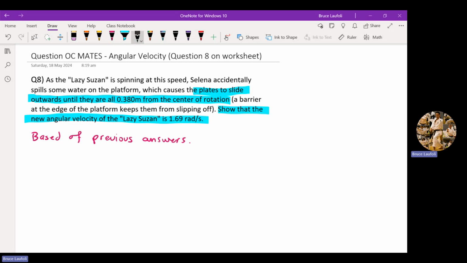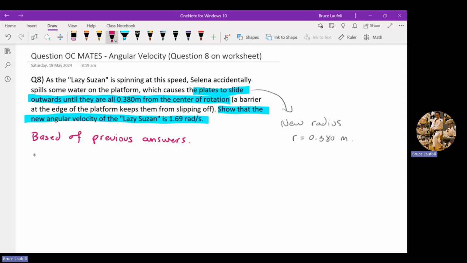So the first component is to understand that this is our new radius, 0.380 meters. And we are going to work with this idea of the conservation